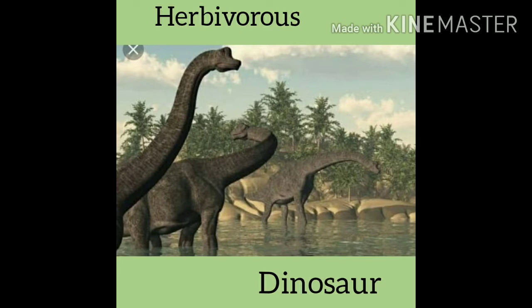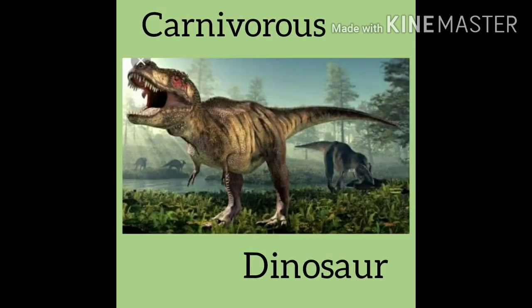So children, you can see this picture. This is a picture of a dinosaur. There were different types of dinosaurs. This was a herbivorous one. Herbivorous means these were only plant-eating dinosaurs. They used to eat only plants. As you can see, they have a very long neck, like giraffes have. And these animals are no more on the earth. They have become extinct, and we have just seen them in these pictures.